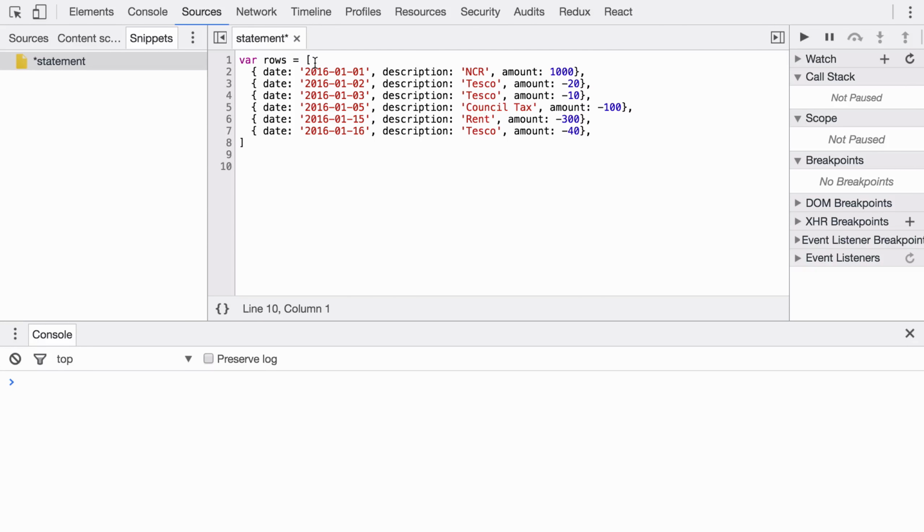We have here an array representing the rows of a typical bank statement, and we want to iterate over this array in order to calculate the balance for each row. So I'm creating some variables here to have the initial balance, and I'm going to iterate over this array using